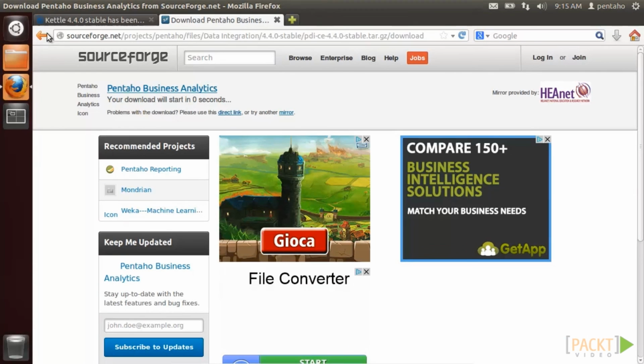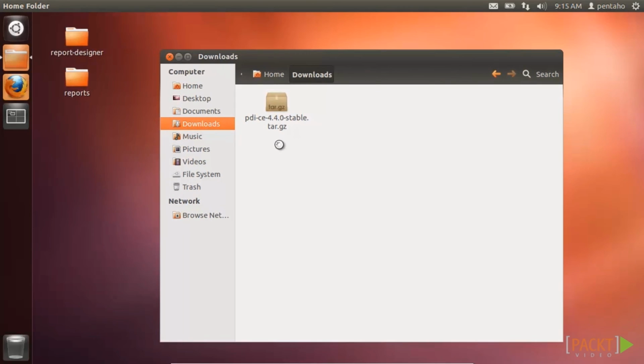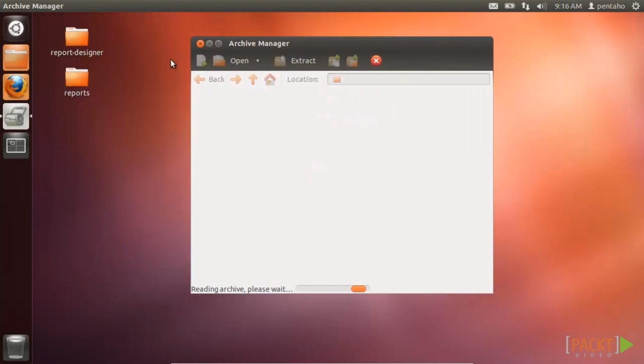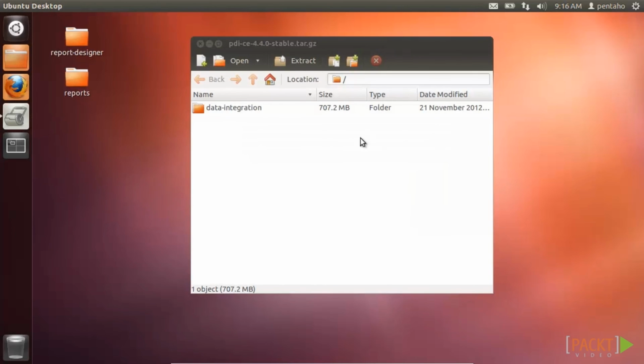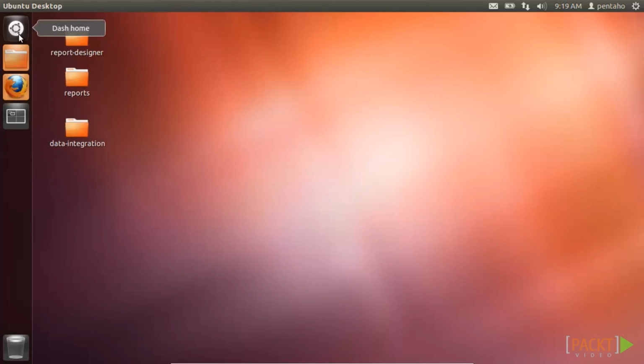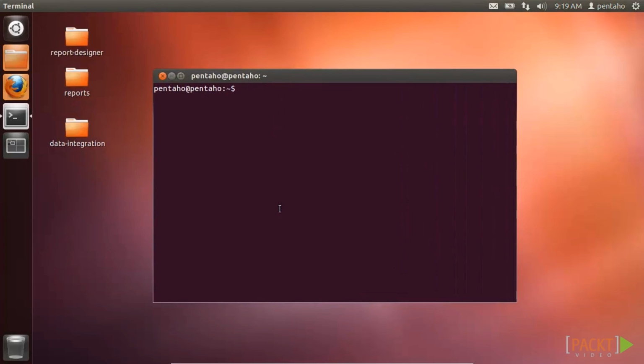We downloaded the archived package and now it's ready to be unzipped in the download folder. To install the binary distribution is very straightforward. Just create a directory in your machine and unzip the contents of the package into this directory. That's all. Now you have successfully installed Pentaho Data Integration, you can run it by launching the Spoon script in